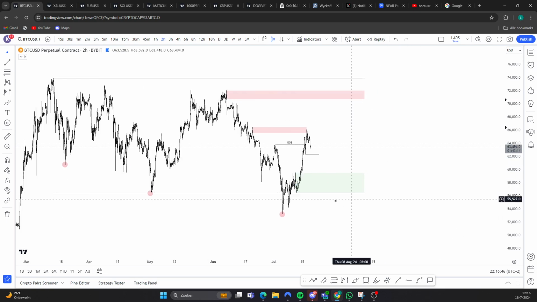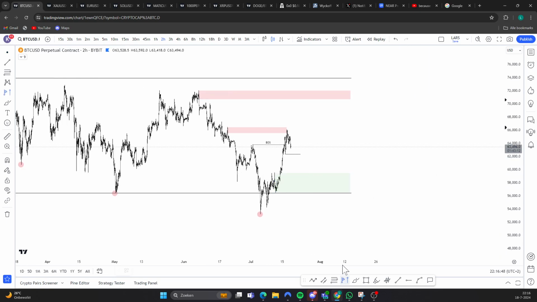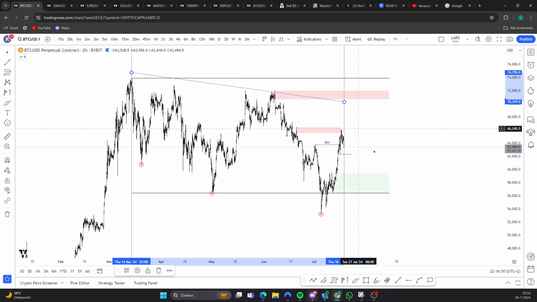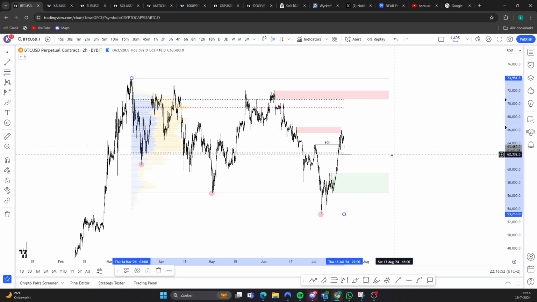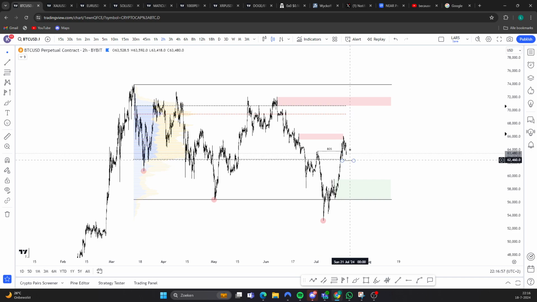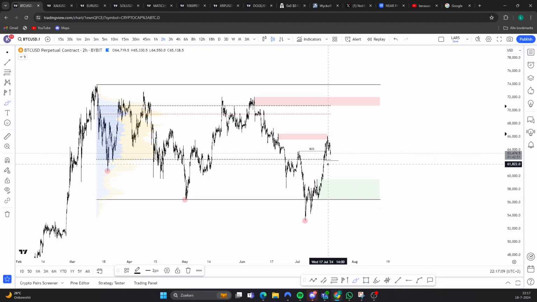And we do not want to lose this green box right here. Okay, the green box is outside that volume area, but that doesn't matter, right? The volume area is just there. It will be nice to respect that 2-hour. It will be the most easy to just put in a higher low right here, also respecting this volume profile reclaim, but it doesn't have to happen, okay? It's not something to stress about if we do lose it, but if we do lose it, you can expect this to get filled probably, okay? But you just don't want to lose the low at